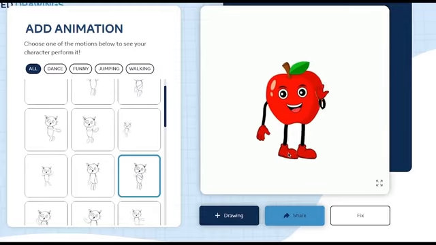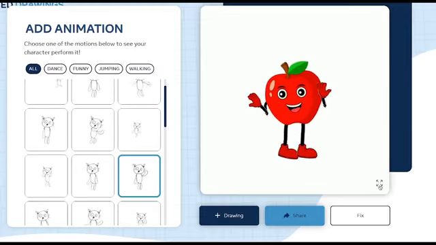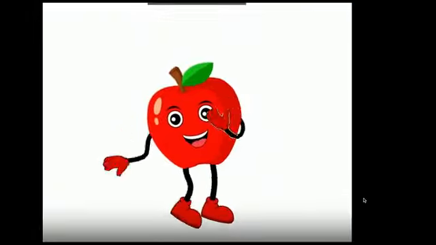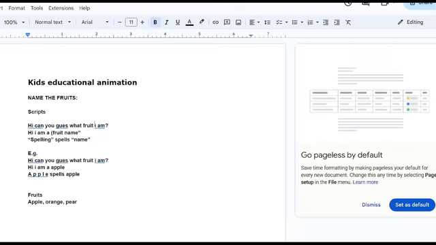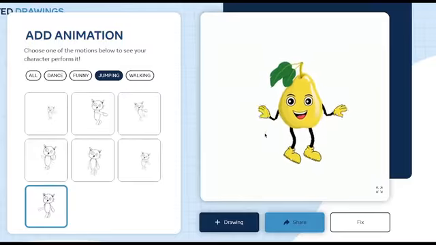In order to download it, it's very simple. All you need to do is simply increase the size like this, click the 3 dots here, and click the download button. Now go back and forth between your script and Animated Drawings and just gather up all the different movements that you think you would need for your video.